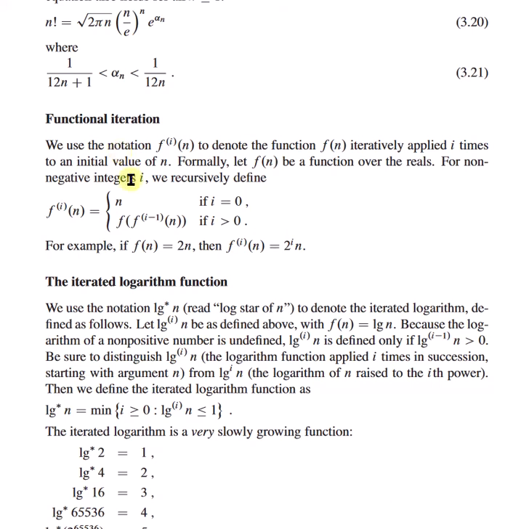Functional iteration: we use the notation f to the power i of n to denote the function f iteratively applied i times to an initial value of n. Formally, let f of n be a function over the reals. For non-negative integers i, we recursively define f superscript i of n to be equal to f of f superscript i minus 1 of n. Okay, we are decrementing i, and when i equals 0, it is n. So for the final part, this becomes f of n. For example, if f of n equals 2n,